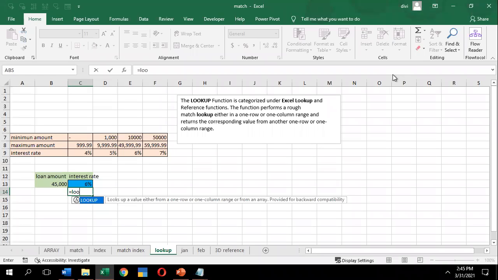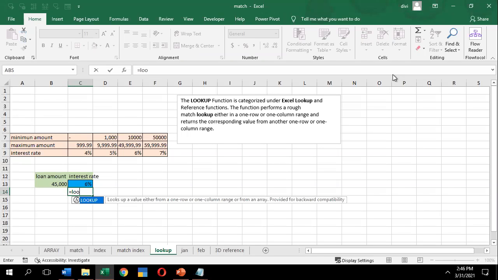Vertical lookup and horizontal lookup. Thank you, Shamita. Only Shamita is attending the class.